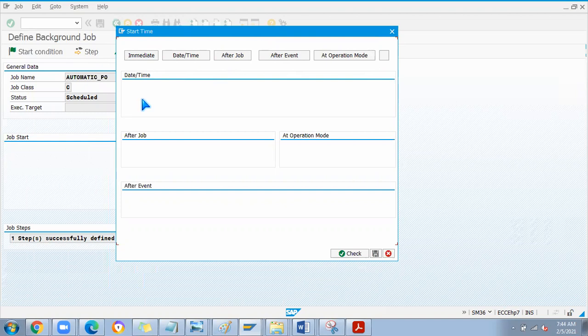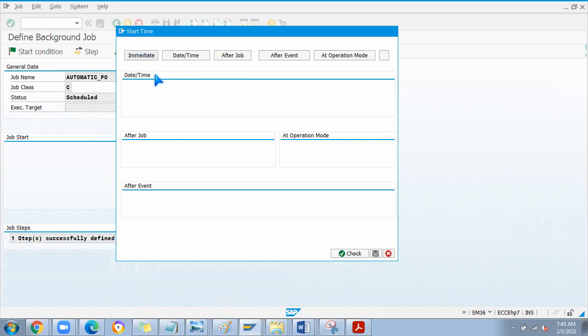Okay, we as functional consultants will give all the details of variant, program, everything, and scheduling date, time, everything will be given in an Excel sheet through a mail. So they will do all this setup in the production system because they have access to do all these things. Or initially we have to test in lower client whether this batch job is running correctly or not. Once it is working fine like this, then we'll maintain it in the production system.